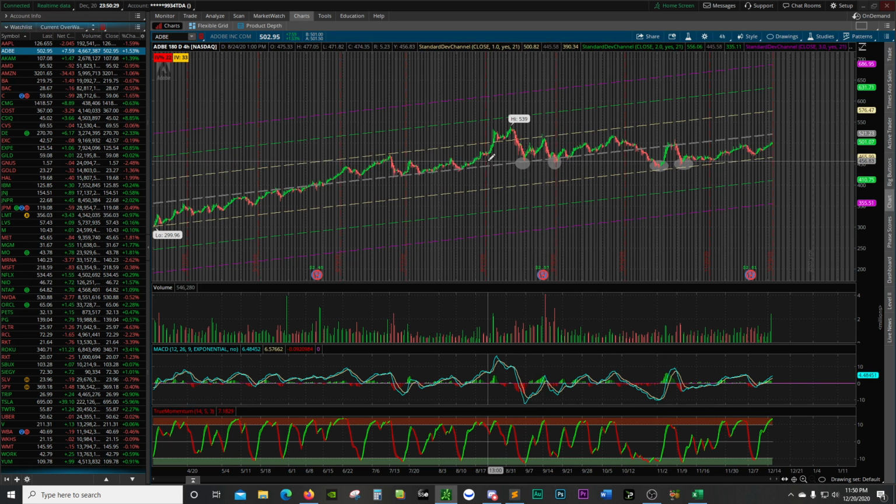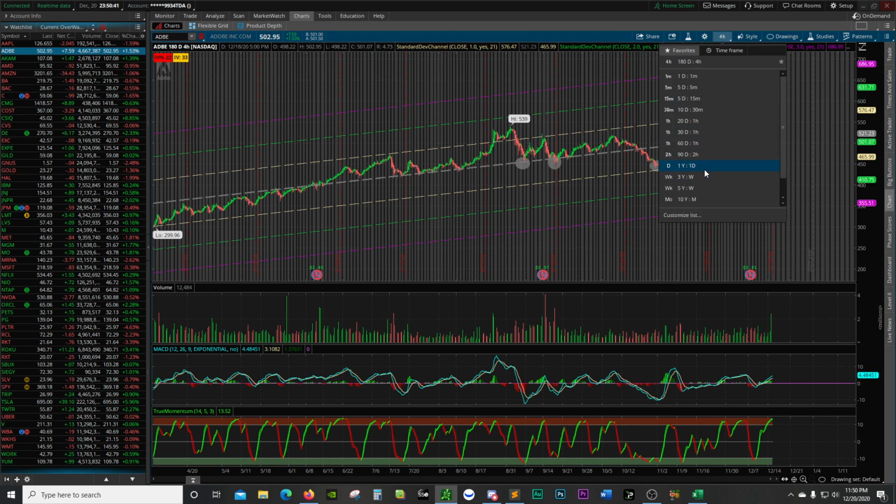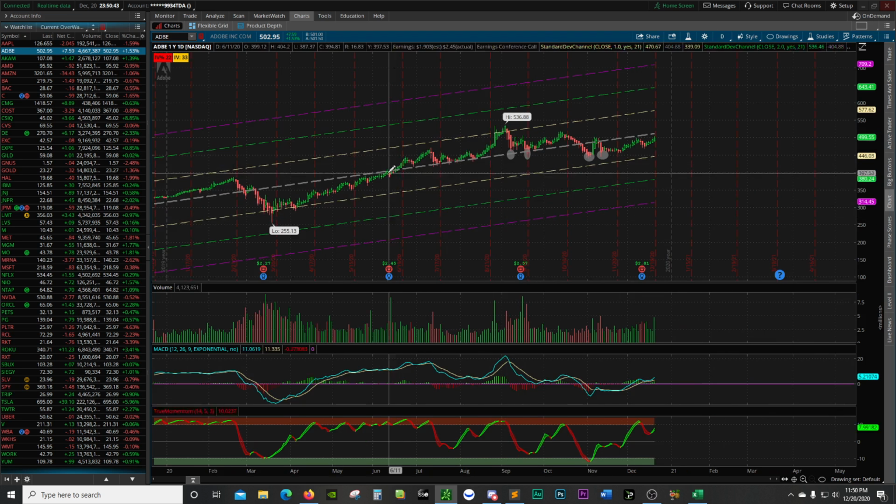What chart are you on? 180, 4 hour. Oh, 180. Okay, so I was looking at the 1 day, 1 year. Okay, now I see a different picture. So 450, right? Around that mark. Honestly, the 1 day, 1 year, it's still kind of the same. Yeah, true. I'm still seeing that same thing. But that's why I said starting at 455.